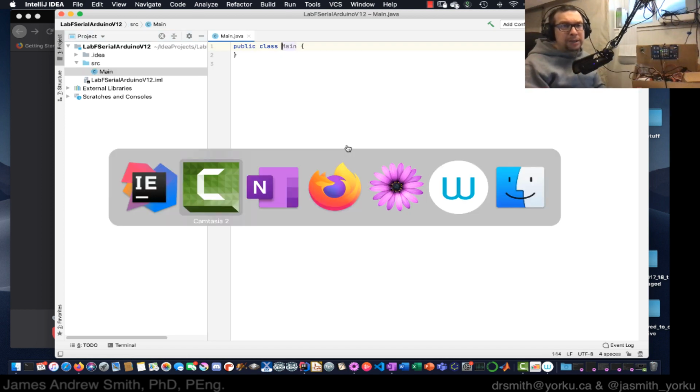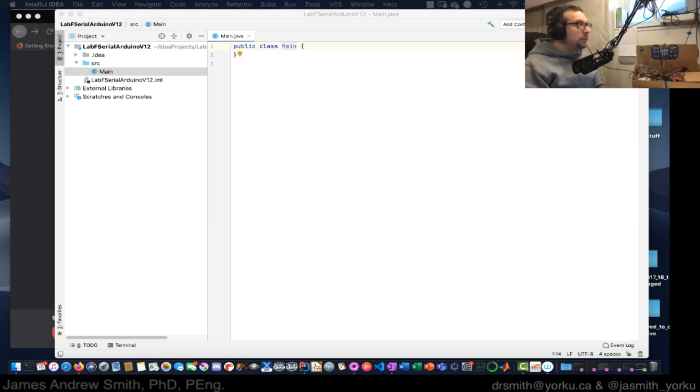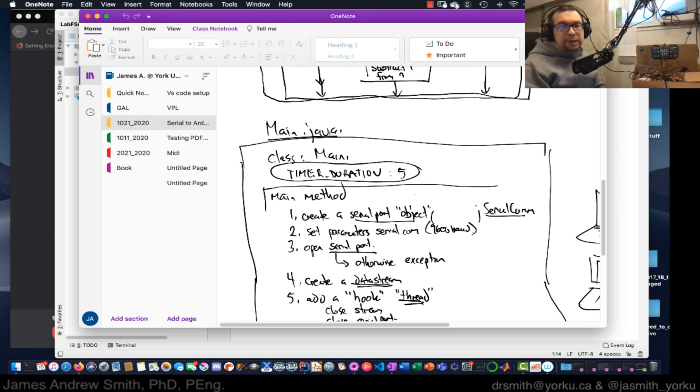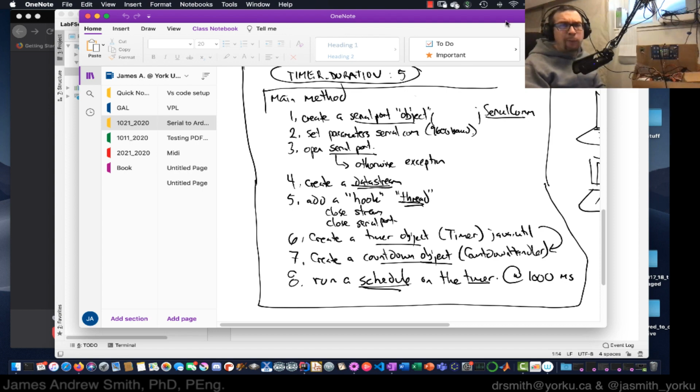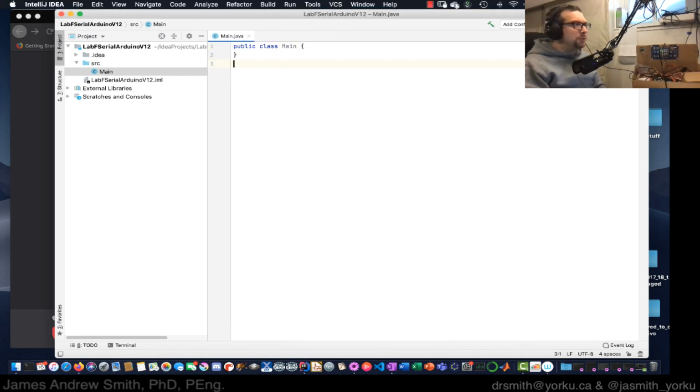Now, the main class I described earlier in another video, and so basically it's a main file, main.java. It's got a class called main with a capital M. We're going to have a method called main with a lowercase m inside of it. We're going to describe the number of times we're going to iterate through basically a loop to send data into the microcontroller, and then this method is going to do things like set up a serial port object, configure it, create a data stream for that serial port object, add in some other things. We'll get into that. So what we have to do